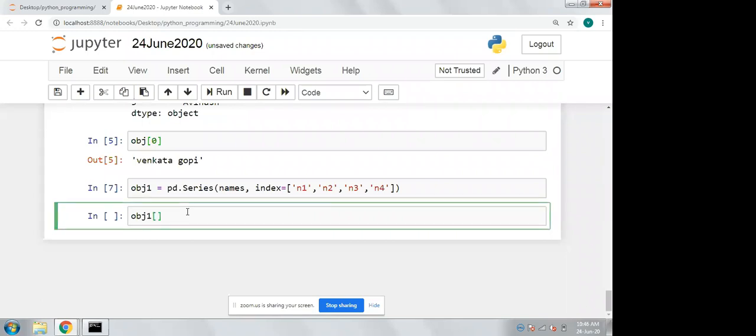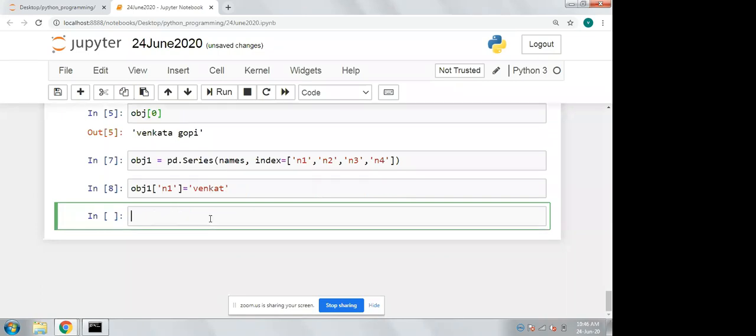For updating also, we can do it like this: object of n1 equal to. Previously n1 was Venkata Gopi, and I'm updating it as Venkat. So now you can check the series object.